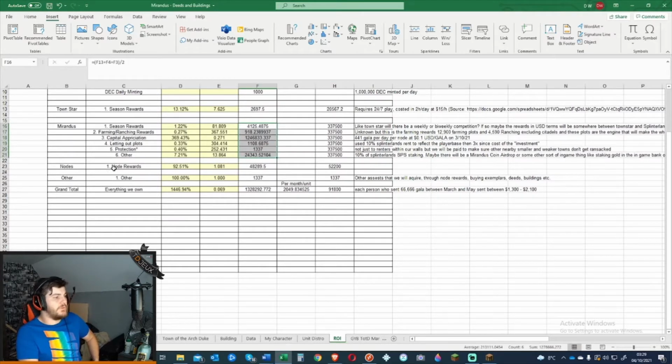Then you've got the nodes. So you guys decided, along with pretty much everyone, I don't think I've seen anyone who didn't vote for this, the node rewards. You guys wanted nodes to spend the rest of the Gala. We had what was it, 618,000, and we got them at 17,400 each. So basically, that's what that value is there,